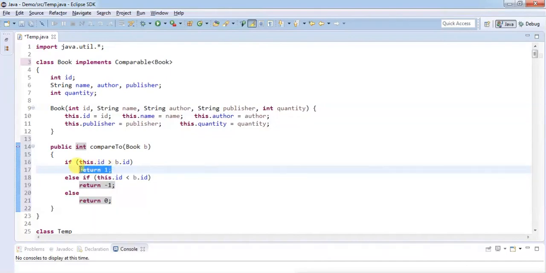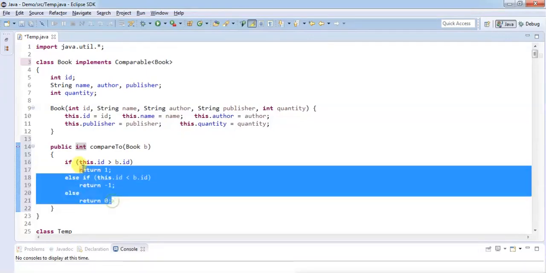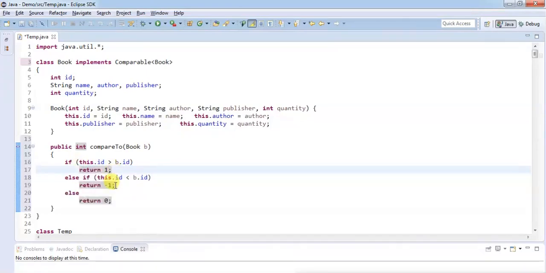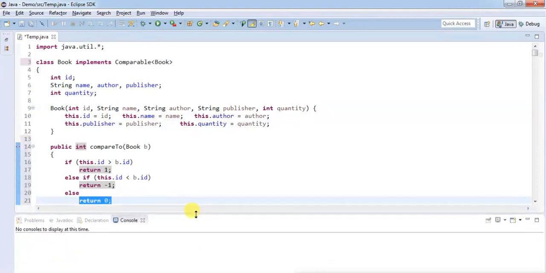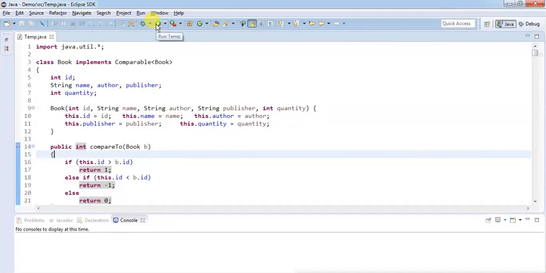You know that if we call the in order traversal of a tree, then it prints the elements in ascending order. Overall the logic is that you return a positive, negative, or zero value. Zero means do nothing. So first of all, let's see, does it work? Now I have given the comparison logic. Let's use this comparison logic.